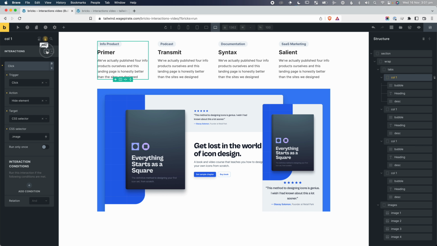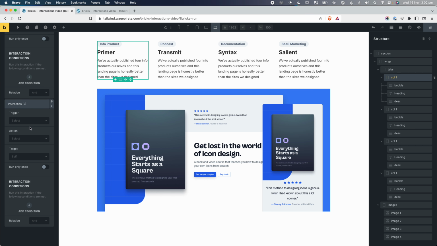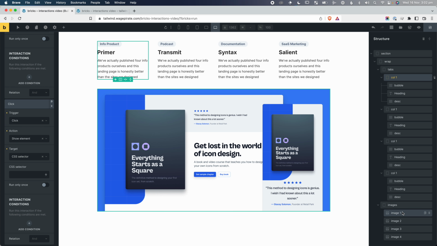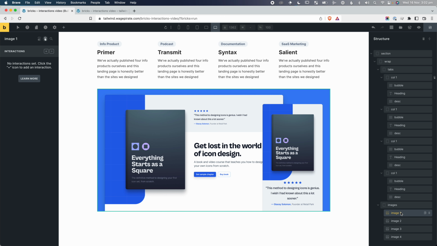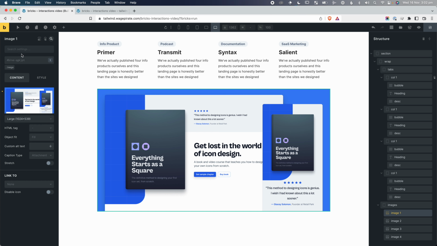But then we need to add a new interaction, and we'll go down, and also on that click. So once we do this, on click, we will come down here, and we're going to show element, and then here we'll go CSS selector, and now we need to show a specific CSS class. So we need to go and add a CSS class to this image here so that only this can be shown. So I'm going to click on image 1, and I'm going to click back here, and we're going to